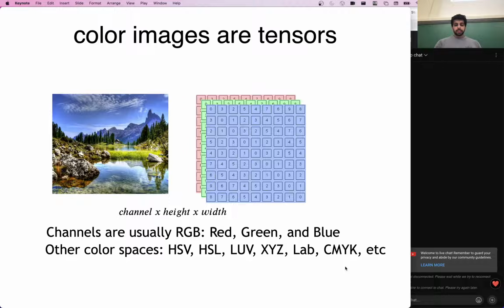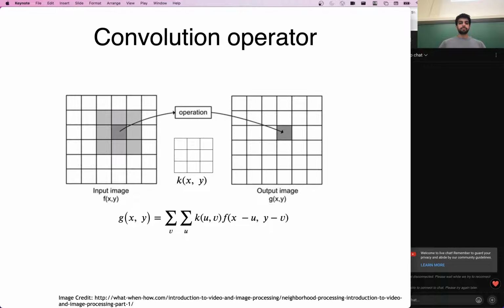Okay, and there are all these other color spaces that could be useful depending on what task you're doing, and maybe some of these are more convenient than others. I think like LAB, for example, I believe the L represents the intensity of the color, and the AB gives you the actual color value. Okay, so one of the critical components of computer vision, or models that are trained to understand and predict things over images, is this convolution operator. So if we're working with a raw image, let's just assume we have a grayscale image. It's a matrix.